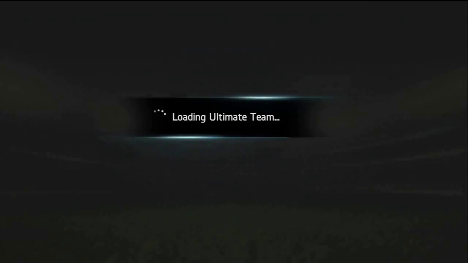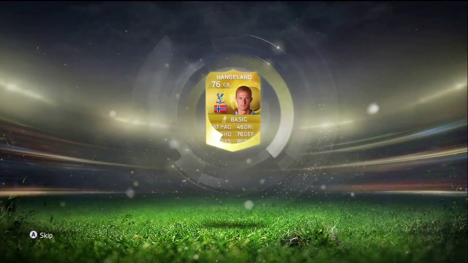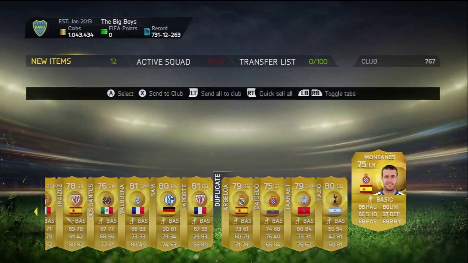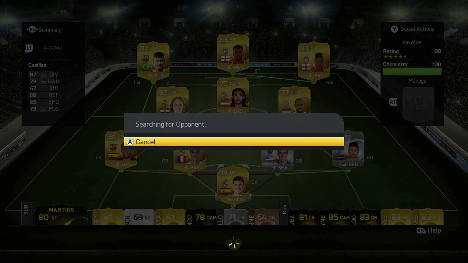It looks like it has a pancake on top of it, but I'm not complaining because I got the pack. And we go ahead and open it. We get absolutely nothing. Nobody really good, to be honest. Maybe Dos Santos right there, Sydney Sam, but yeah, nothing spectacular. I'm just going to go ahead, store those guys in the club, and we're going to go into our second